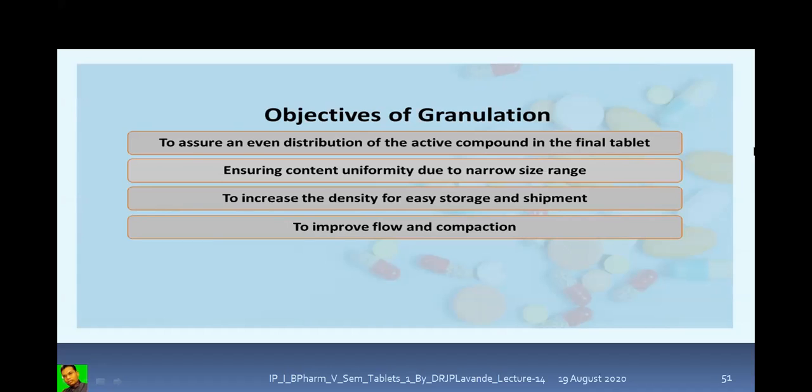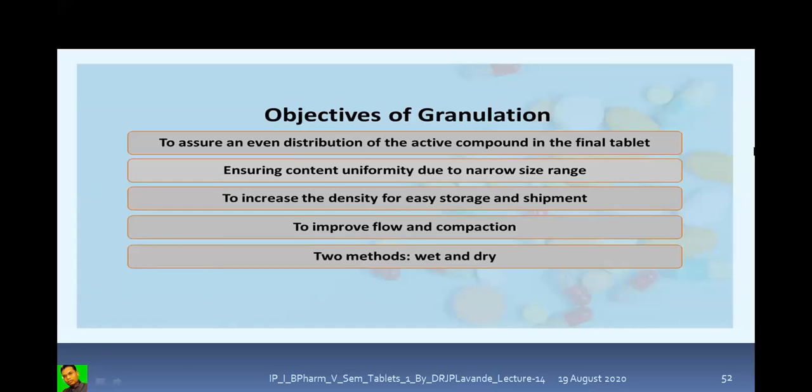Again, take the classical example of salt or sugar, the sugar powder and the sugar crystal. Which one will move freely? Yes, very correct. The sugar crystal will move very freely than the fine powder sugar, right? So that coarse sugar crystal is nothing but the granulated form. Same is the case with salts also, isn't it? The Captain Cook salt is freely flowing. Other salts are not free flowing. So it is very important to have good flow property.